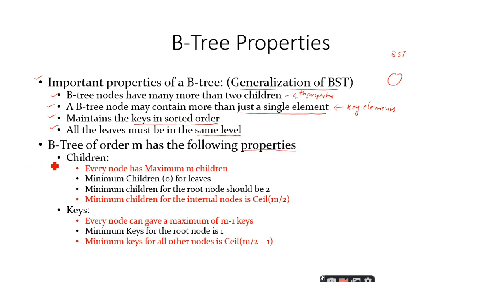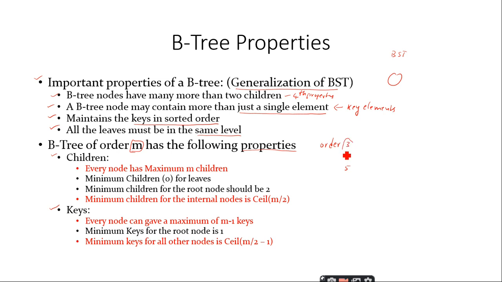Regarding the maximum children and the minimum children of a B tree, and regarding the maximum keys and the minimum keys that a node should have inside the B tree, these two properties are also important, right? So when you are asked to construct a B tree, remember carefully, they don't ask you to simply construct a B tree. They should give the order of the B tree also, right? So they should say construct a B tree of order 3, or order 4 or order 5.